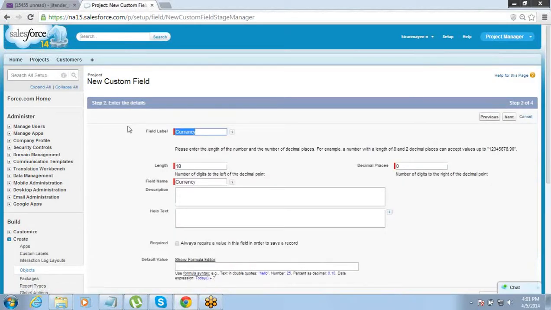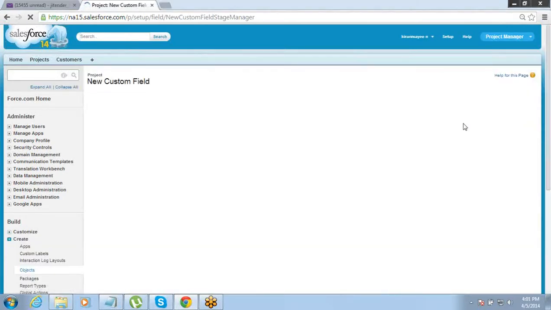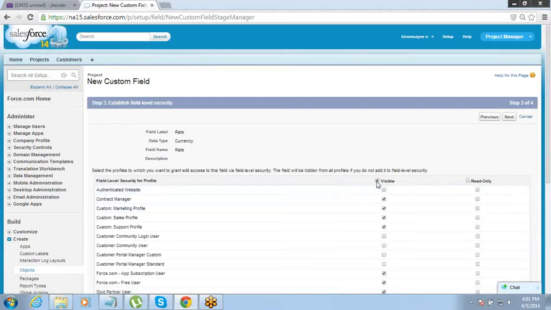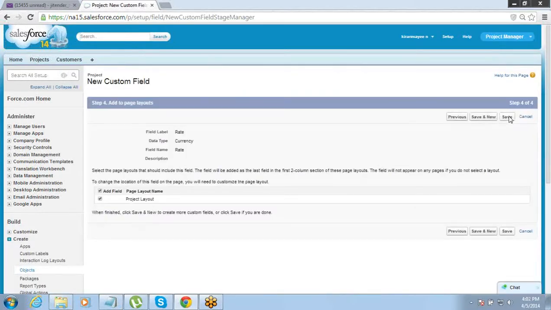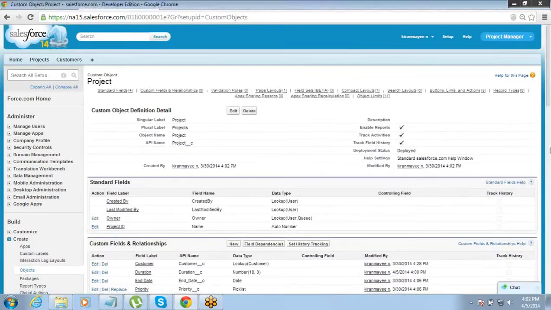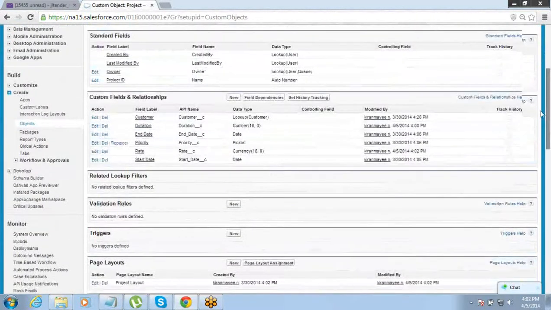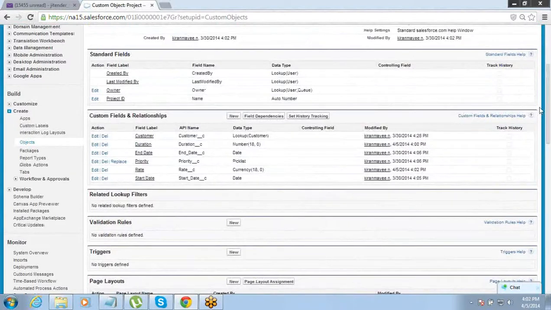I should have named it rate. So for the project I now have two fields: the per hour rate and the total duration of the project. Using these two fields I want to calculate the total budget of the project. So the third field, the budget, will be rate multiplied by duration.